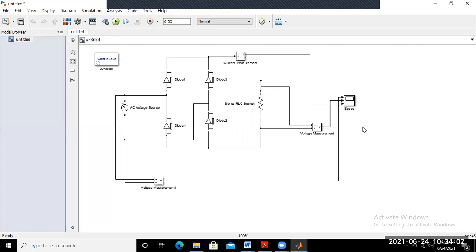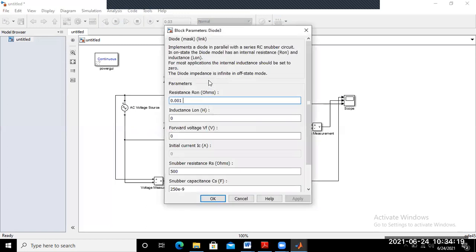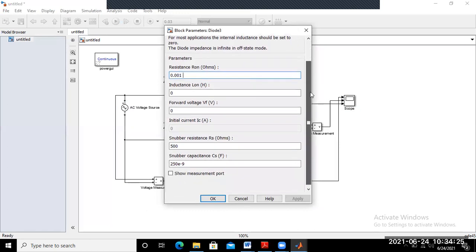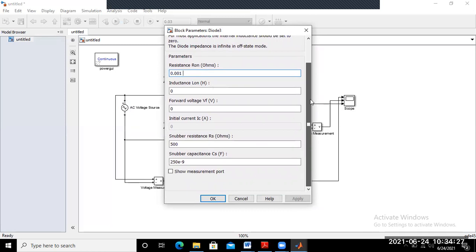But it is showing some error. So how can we sort out this problem? All the diodes are connected in the proper manner. Yeah, it is okay.